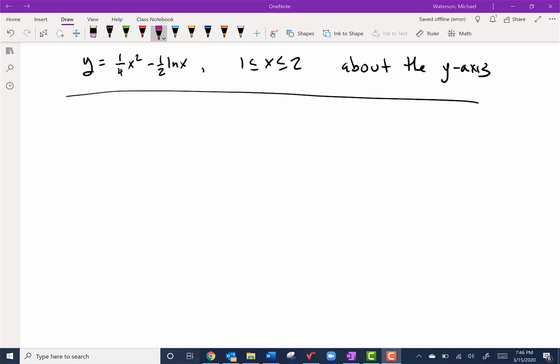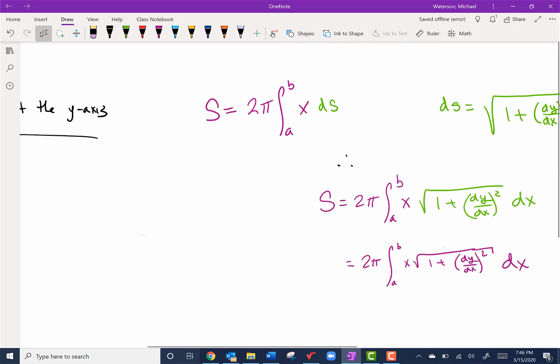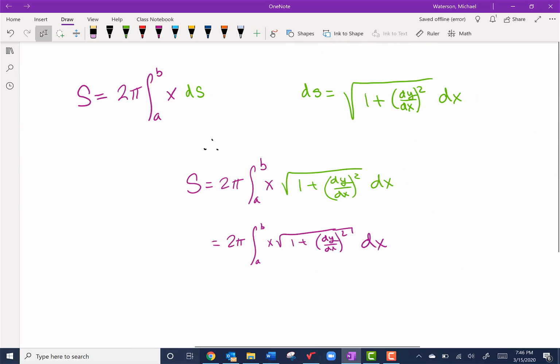What's nice about surface area is we have some wiggle room. We're able to do a couple things. So let's look at our formulas. We're given, if you just look up top, a little circle here, saying that we have 2 pi integral from a to b of x times this little ds. Well, it's the derivative of the arc length, this little s, which we see is over to our right,